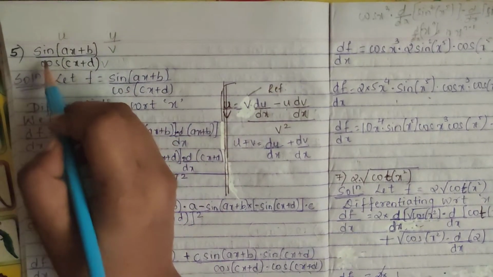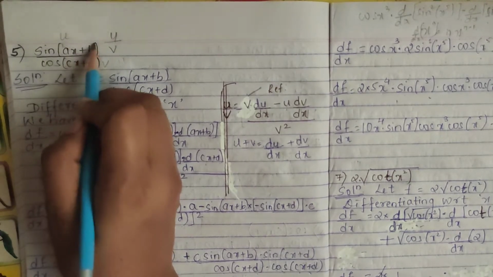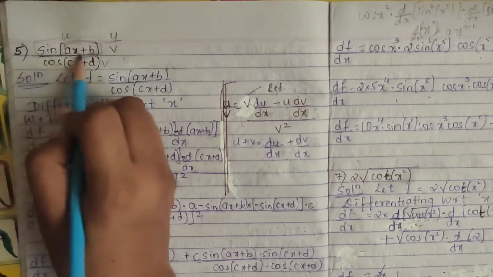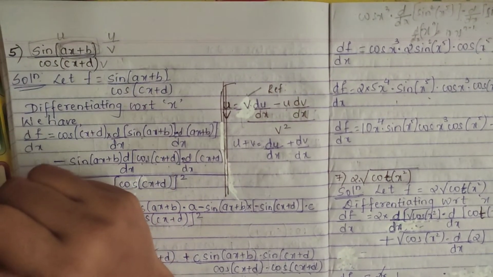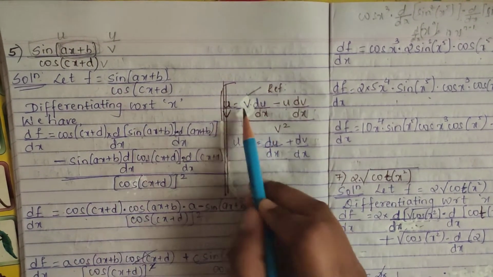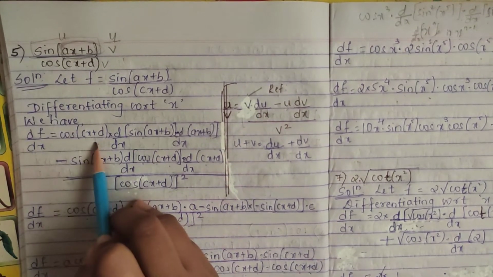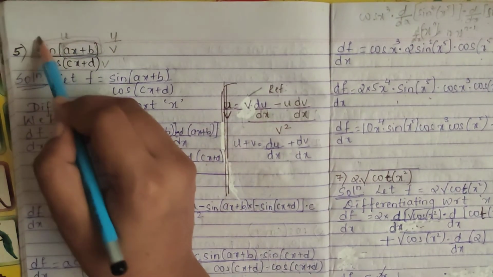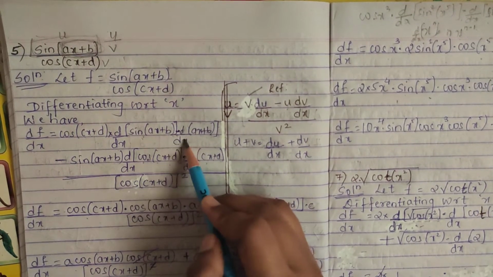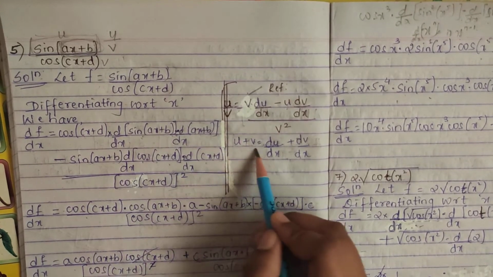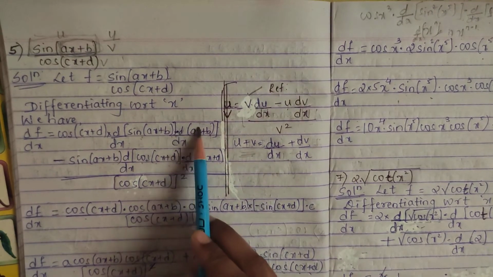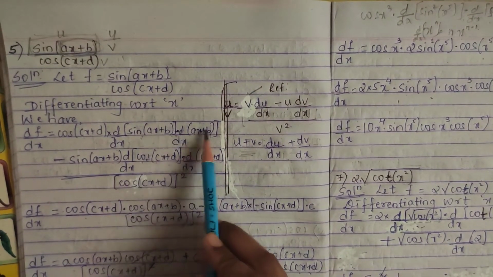But here you see, this is not just sine x, there is an interior part again. So you have to first differentiate sine and then ax plus b, chain rule, right? So df by dx we are doing according to the rule, keeping v as it is. What is my v? Cos of cx plus d, so I have kept that. Differentiating u, here how do I differentiate? Whole and then interior. So differentiation of sine of (ax plus b), into differentiation of ax plus b. This is also u plus v, right? How do we do it? du by dx, dv by dx, meaning d of ax by dx, d of b by dx,